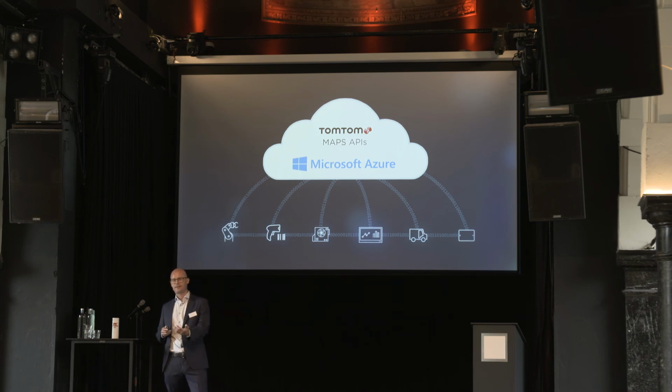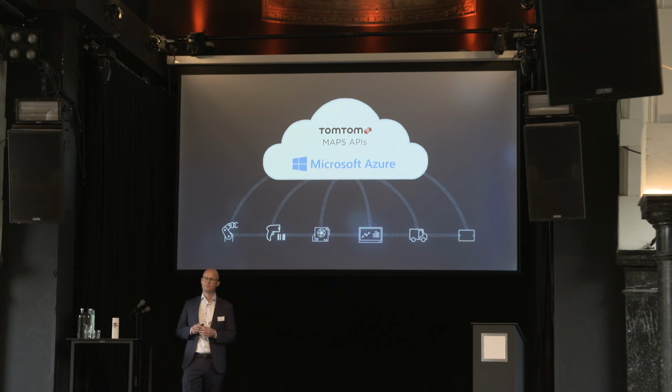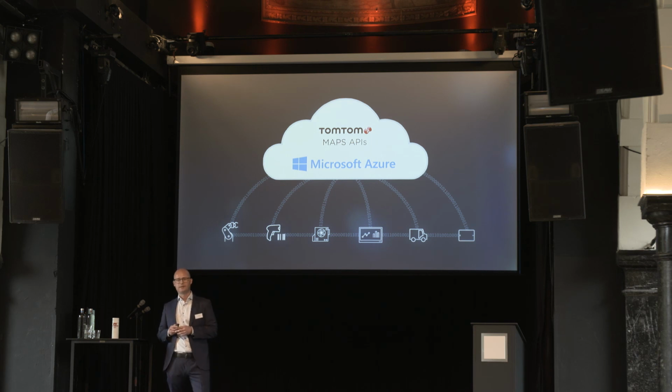Then we also agreed with Microsoft that they could bring it to the market under their own brand, so they bring our Maps APIs under the Azure Maps brand. Microsoft is then adding some other interesting things in the product offering themselves. We recently also announced between TomTom and Microsoft that Bing Maps and Cortana will also move to TomTom. So I think it's fair to say that our relationship with Microsoft is very good and very solid, and wherever Microsoft has a need for any type of location, maps, traffic,